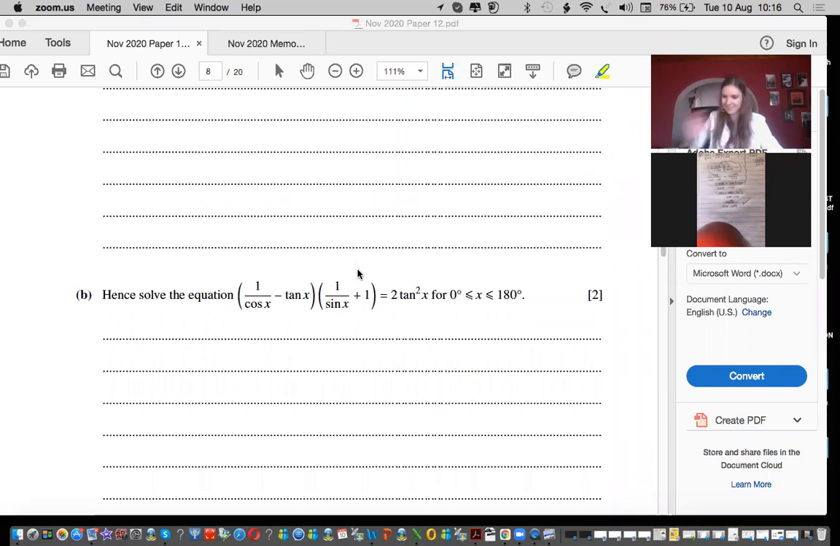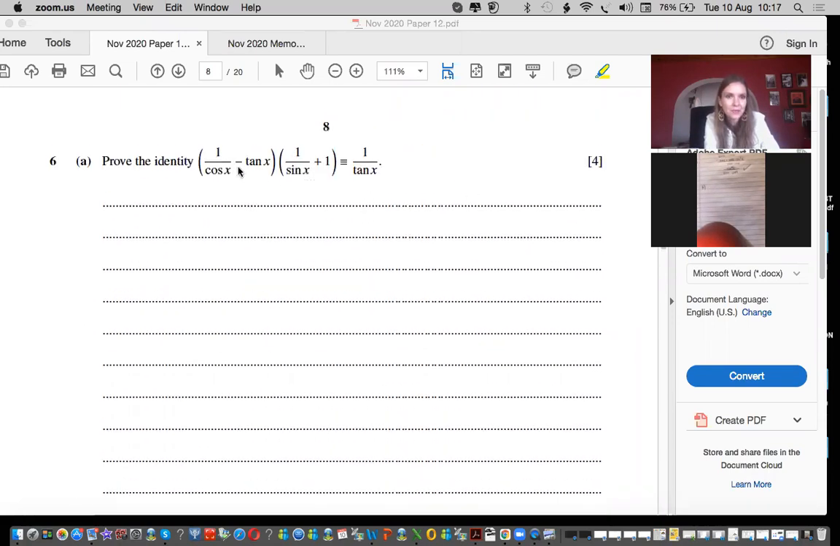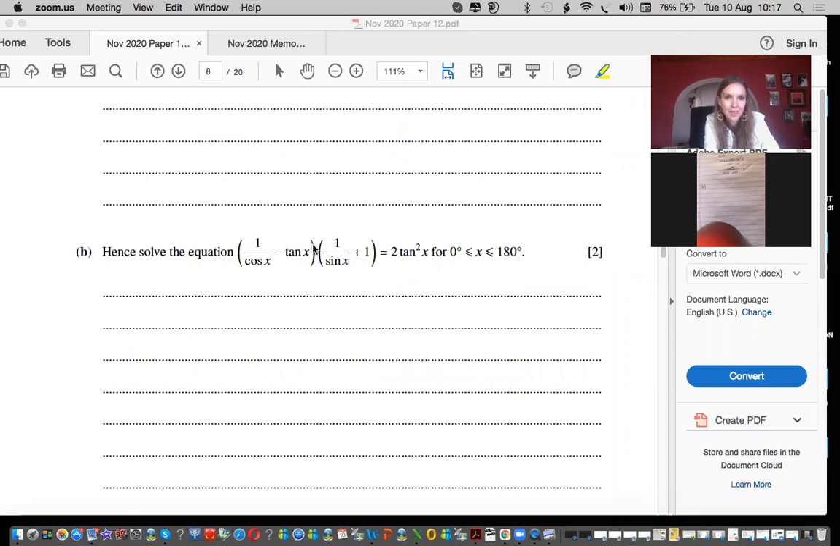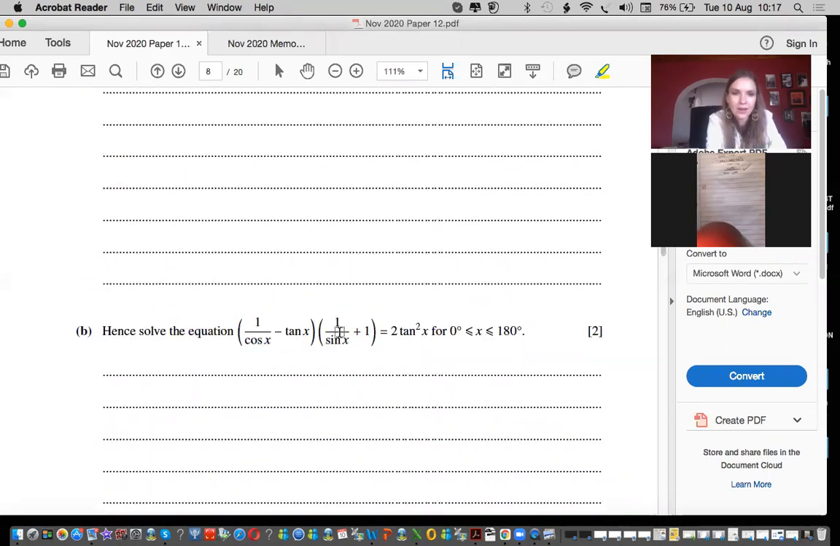Hence, yes. After this one, we've got a hence, which basically means you have to use the answer from before. So hence is spotting similarity, but also spotting differences. I'm seeing this being repeated there. So just notice this whole piece there can just be replaced with 1 over tan. Okay, so when you copy this down, I'm already just going to say 1 over tan, which replaces the whole